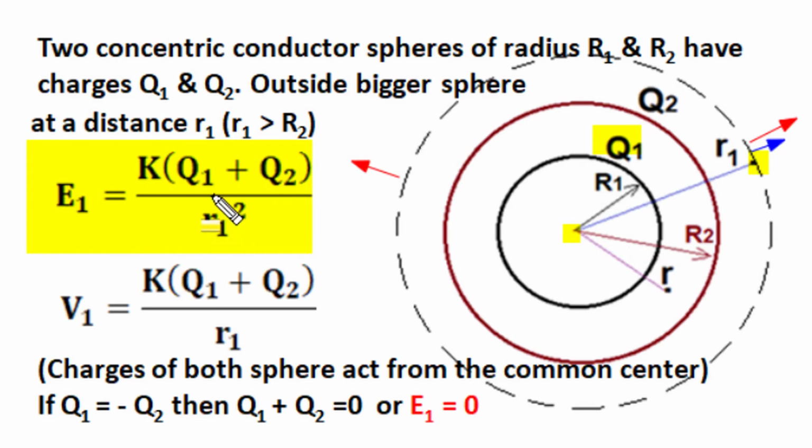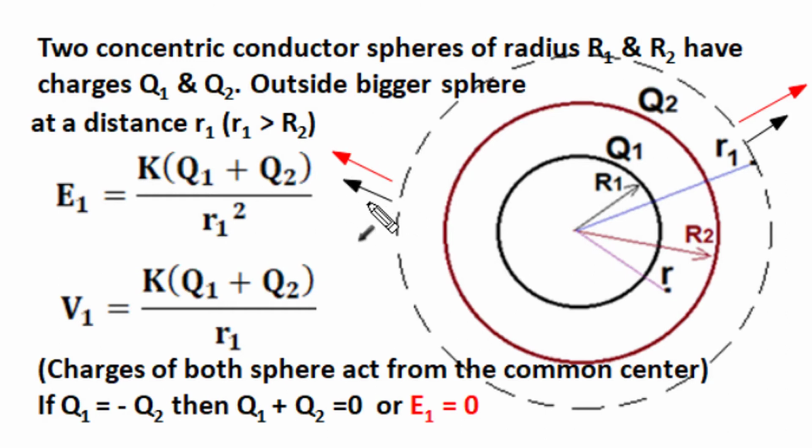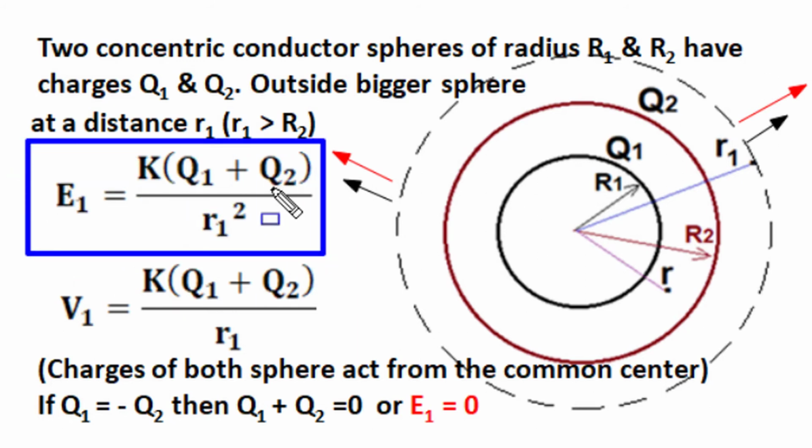We can also get the same result for electric field intensity at this R1 distance position by superposition. As per the superposition principle, at R1 distance, the electric field of Q1 charge is K Q1 upon R1 square, and similarly for this Q2 charge acting alone, the electric field contribution at R1 distance, which is external to it, is K Q2 upon R1 square, and both the electric field of Q2 charge shown by a red arrow and Q1 charge shown by a black arrow are in the same direction. For positive charge it is radial outward, and they simply add up to give the resultant electric field as shown by this relation in the blue frame, K times the summation of two charges divided by R1 square.